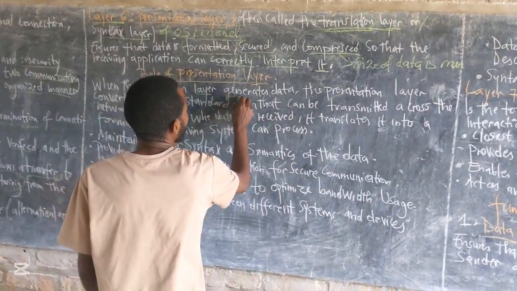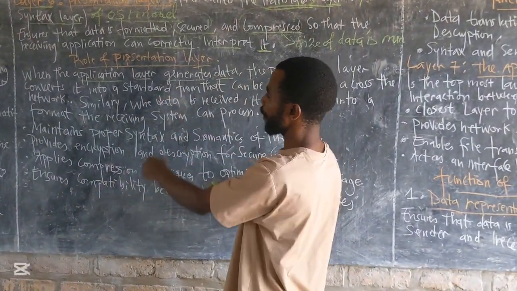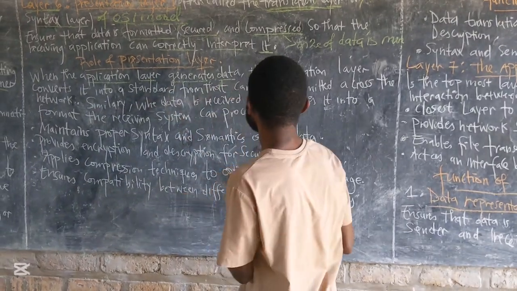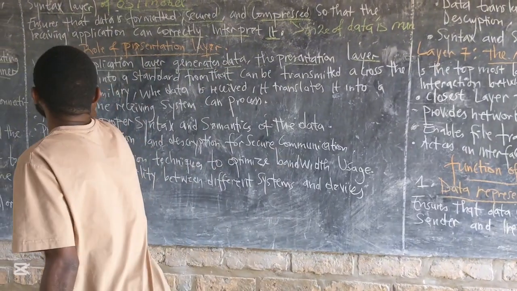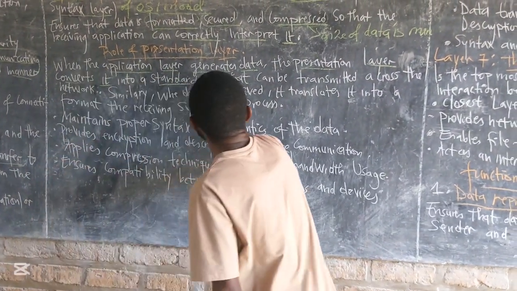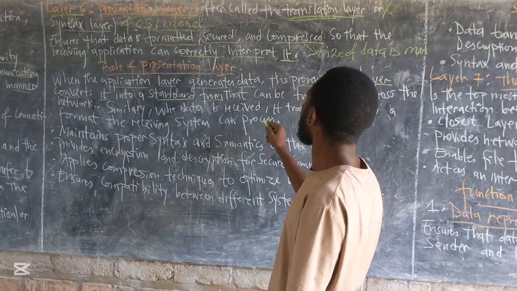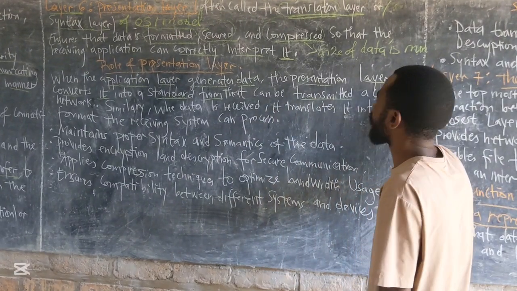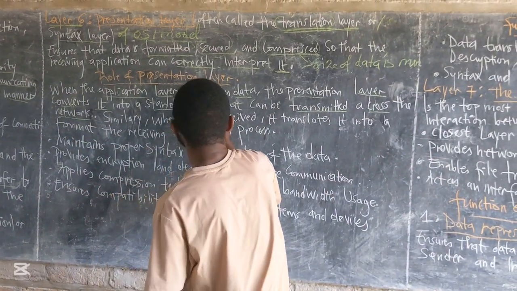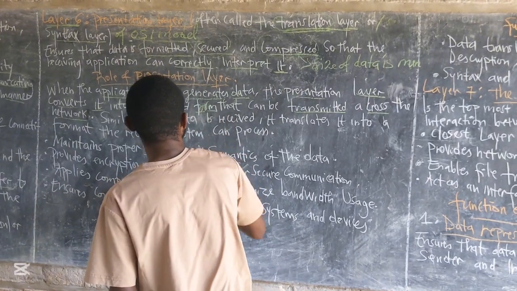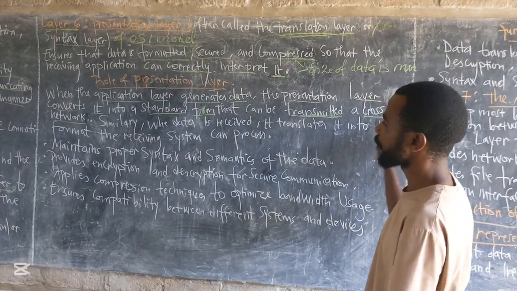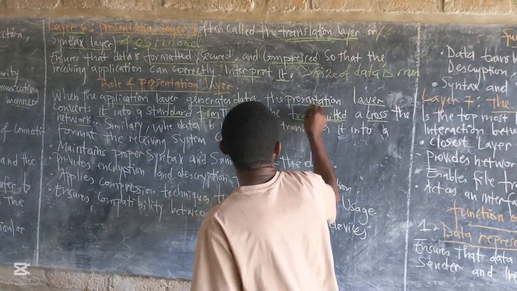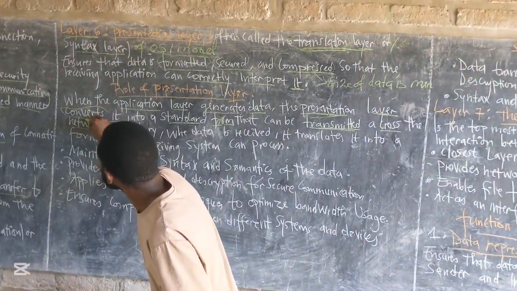That is compression. When the application layer generates data, the presentation layer converts it into a standard form that can be transmitted across the network. Standard form, not the original form. Standard form that can be transmitted across the network. Presentation layer converts